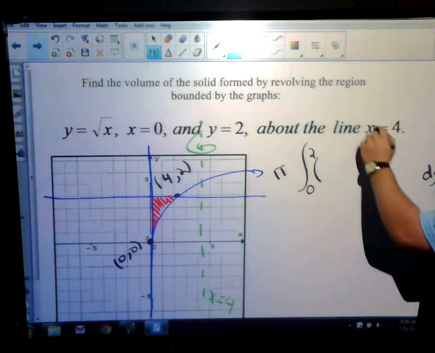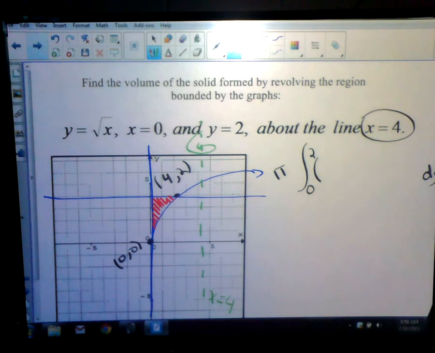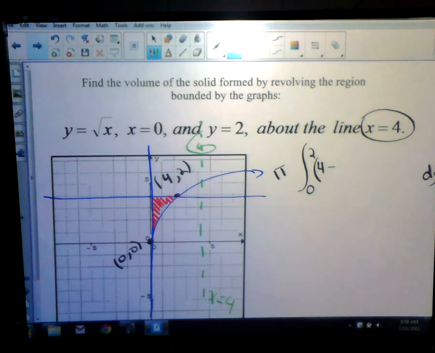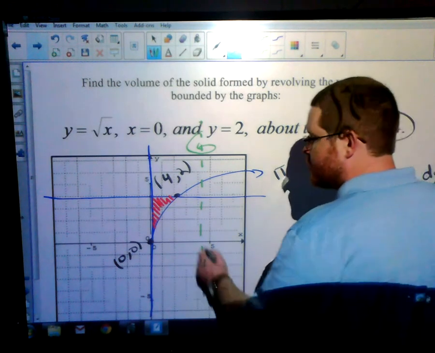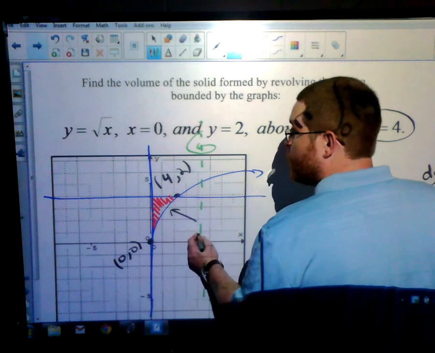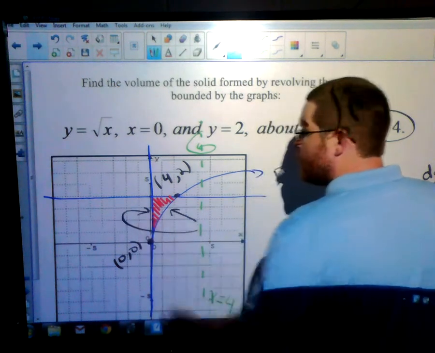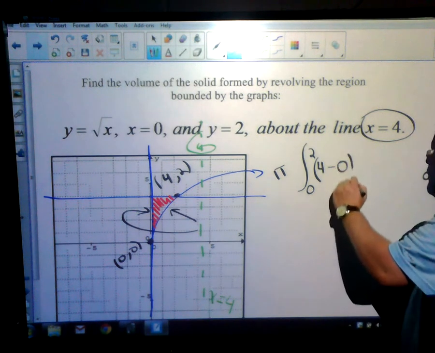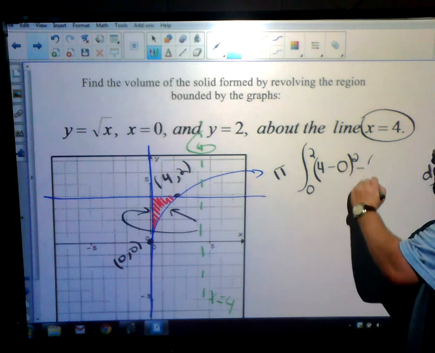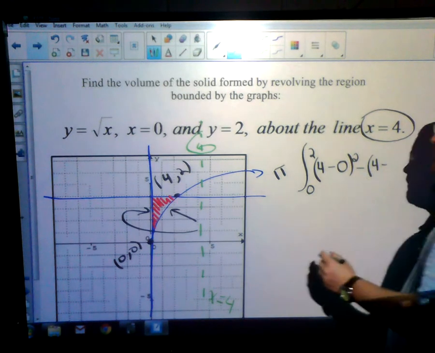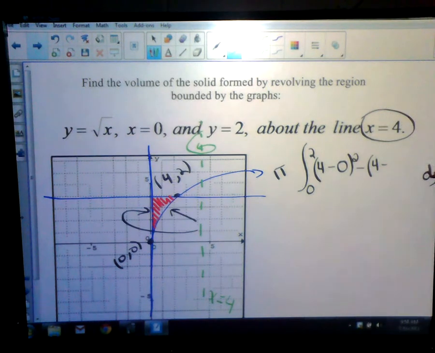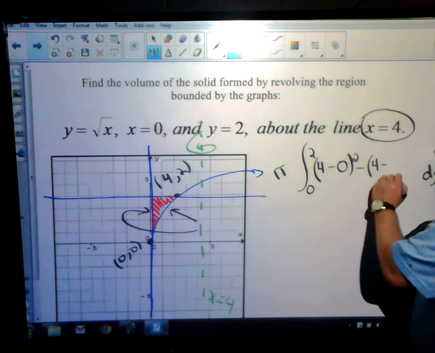Now I have an axis that I have to consider. So it's going to be 4 minus, from this axis, which is the furthest function? The square root of x, or this function, which is 0? From the axis, the 0 is the furthest function. Axis minus the far one squared, minus, axis minus. I can't put the square root of x in this problem. Why not? Because it's dy. Square root of x is y squared,